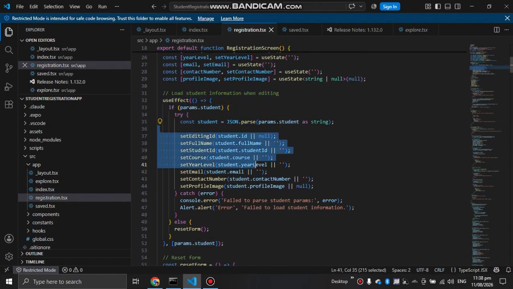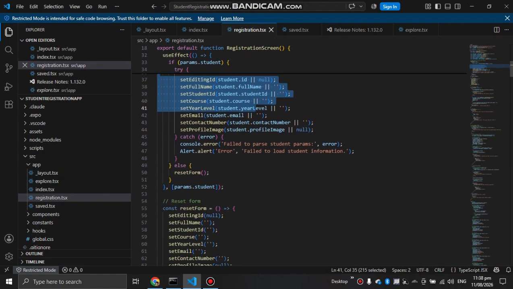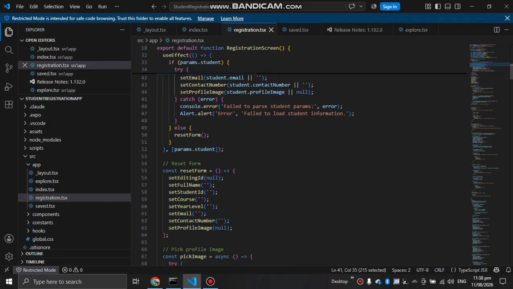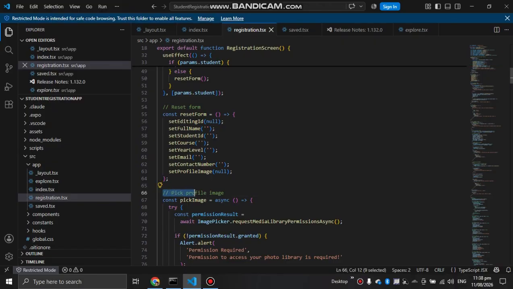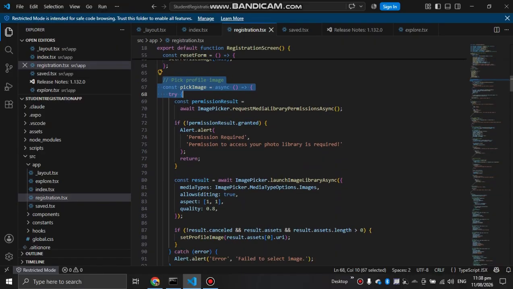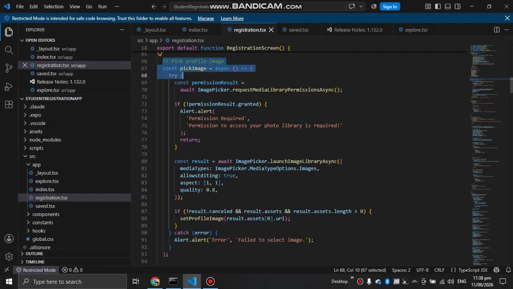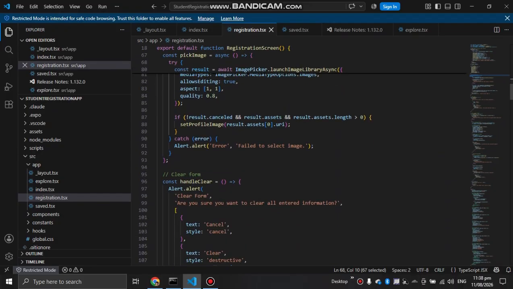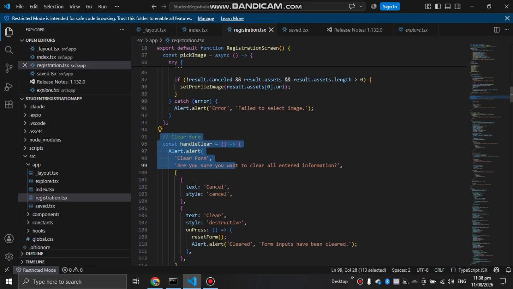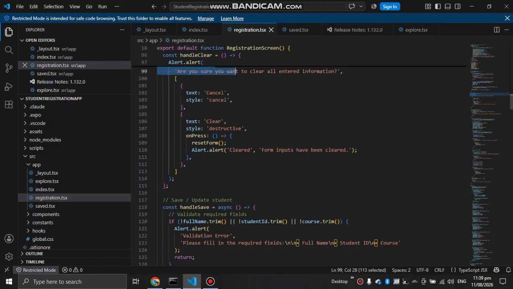We have setEditingId, setStudents, the params for students, and resetForm. This one is for our profile image picker, const pickImage, async, then const request, and so on. We also have the clear form, handleClear, with an alert asking if you are sure you want to clear all entered information, and then it automatically clears.